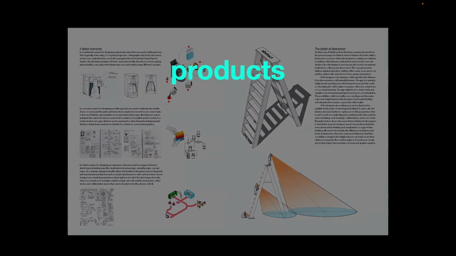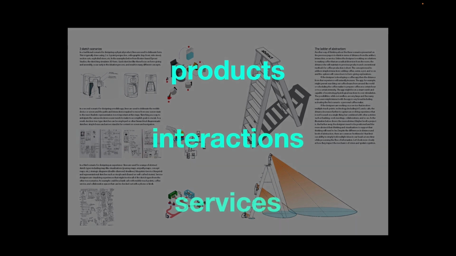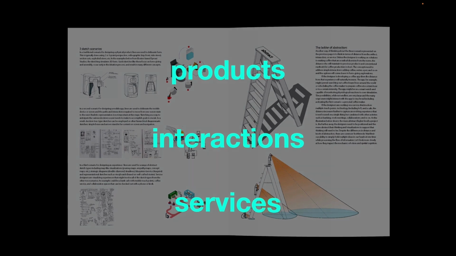I looked at the notion of, what is the difference between products, interaction, and services, and how do these different ways of visualizing allow us to think through those 3 different scenarios. On the right-hand side, you see product. The second row, you see interaction, and then down in the third is a service.